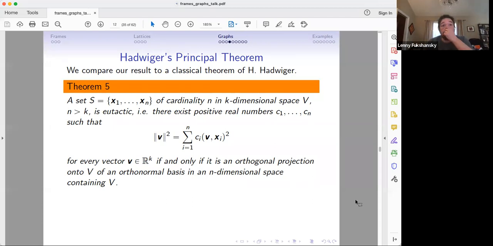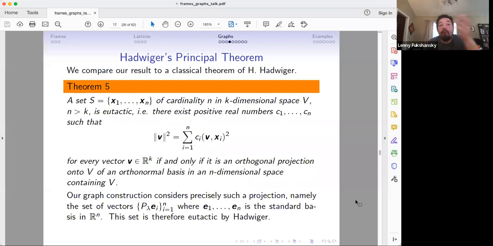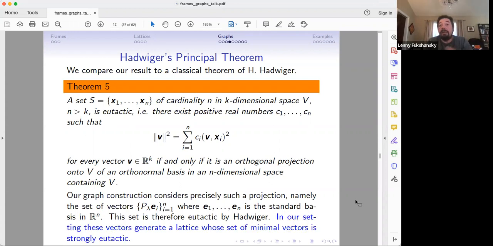So now, in fact, our construction, lattices from graphs, is precisely this kind of projection. But the difference is that the set that we get is eutactic by Hadwiger, but it is not necessarily strongly eutactic. So in case the graph is distance transitive, we get a much stronger condition. In fact, the set of minimal vectors of our lattice turns out to be strongly eutactic, not just eutactic. Okay,